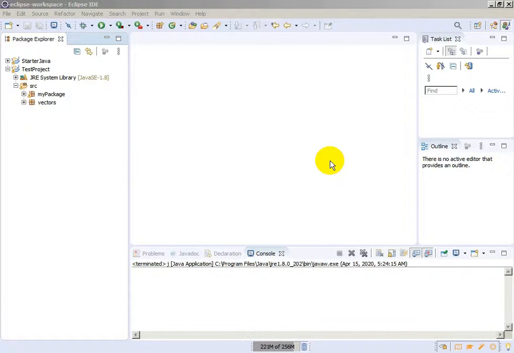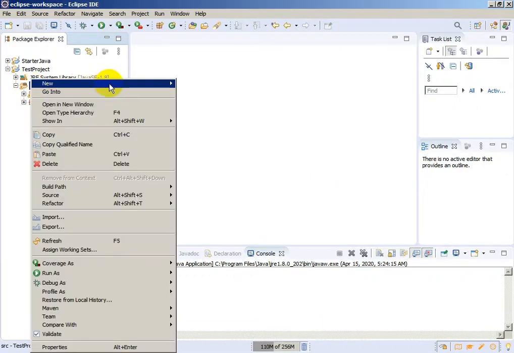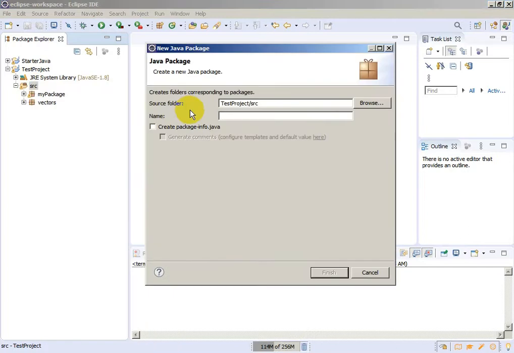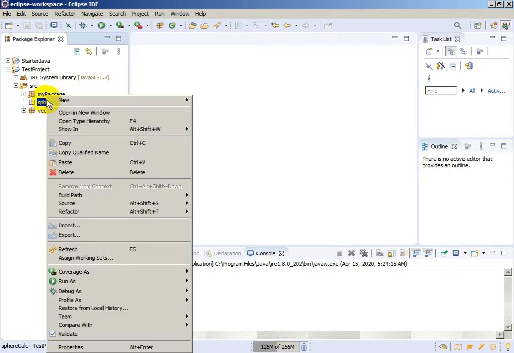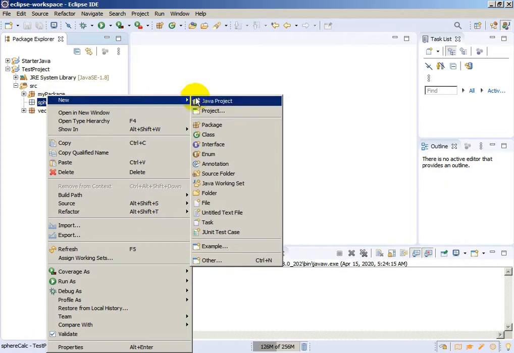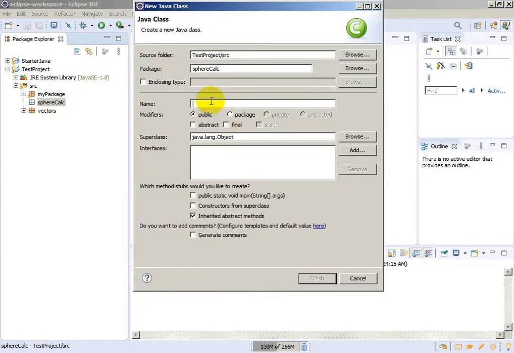Okay, we will use this test project, and we will just create one package. The name of the package will be sphere calculation, sphere calc. You can put whatever name you want for the package. And now we will create one class. The name of the class will be Sphere. It will be an object,